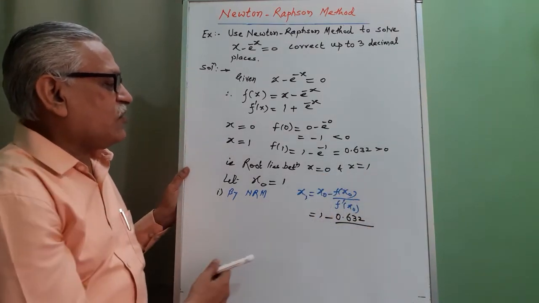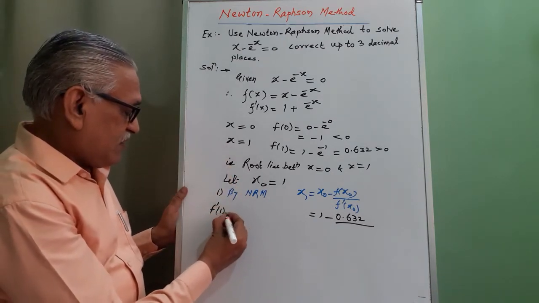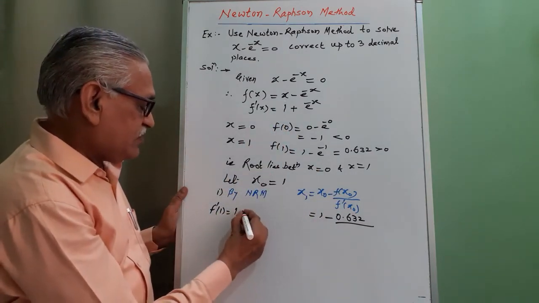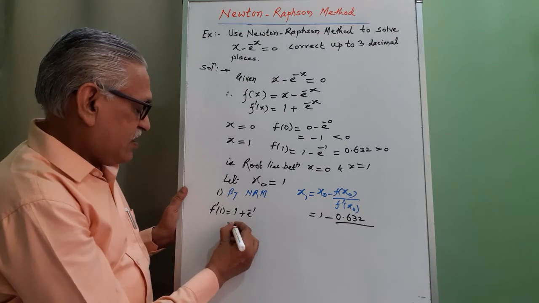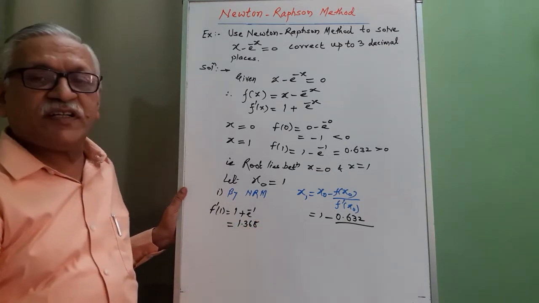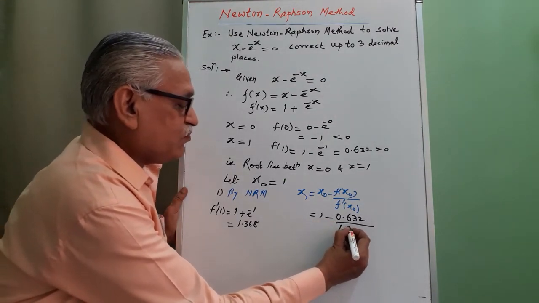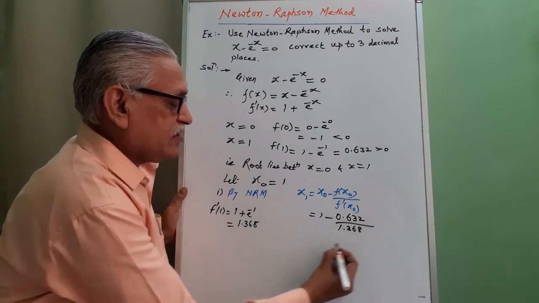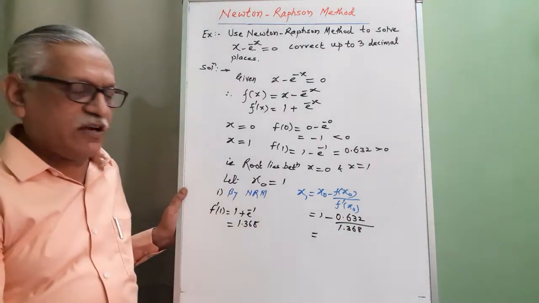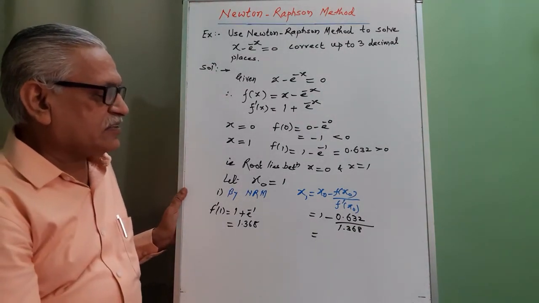To find f dash of 1, put x equals 1 in this, we get 1 plus e raised to minus 1, and if we calculate, we get 1.368. Substituting that value here, we get 1 minus 0.632 divided by 1.368, and by calculator its simplified value is